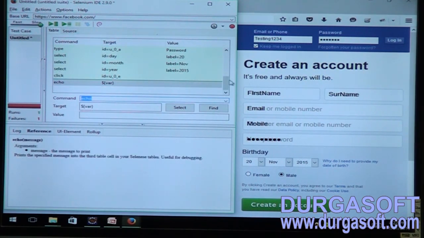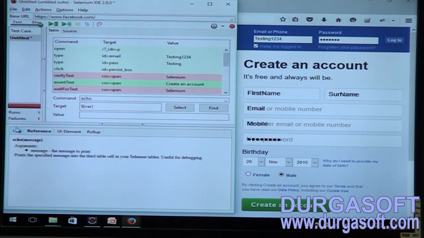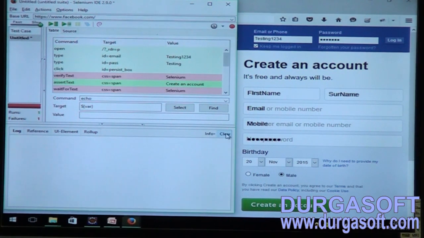Let me rerun it again. Before that, let me remove this log. I am going to clear the log. Now let me run it.